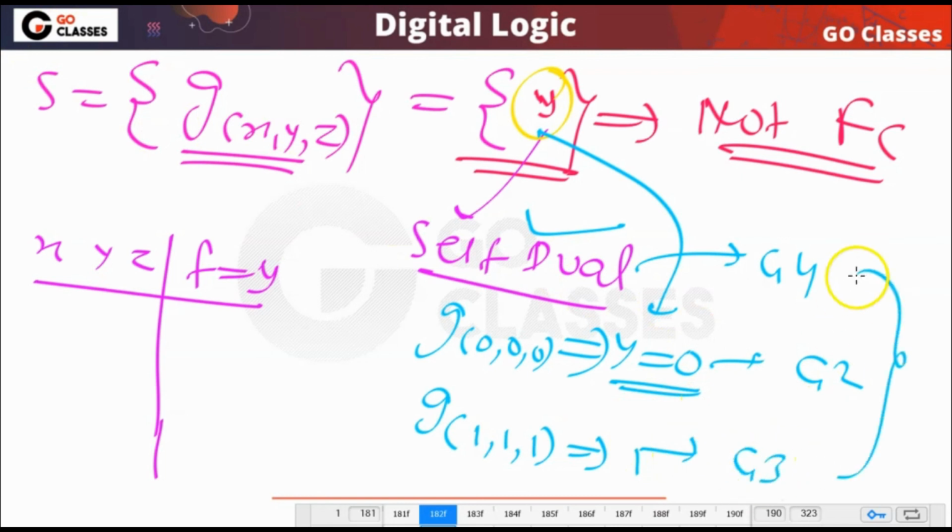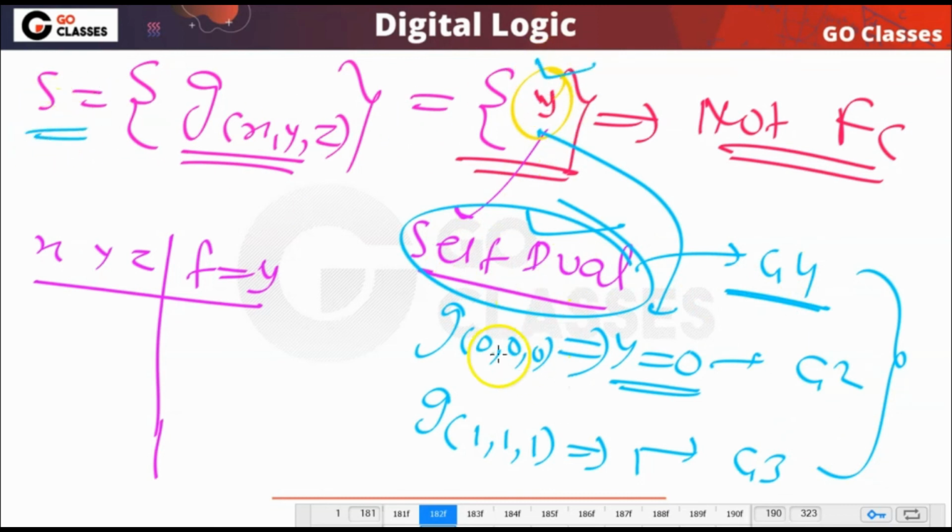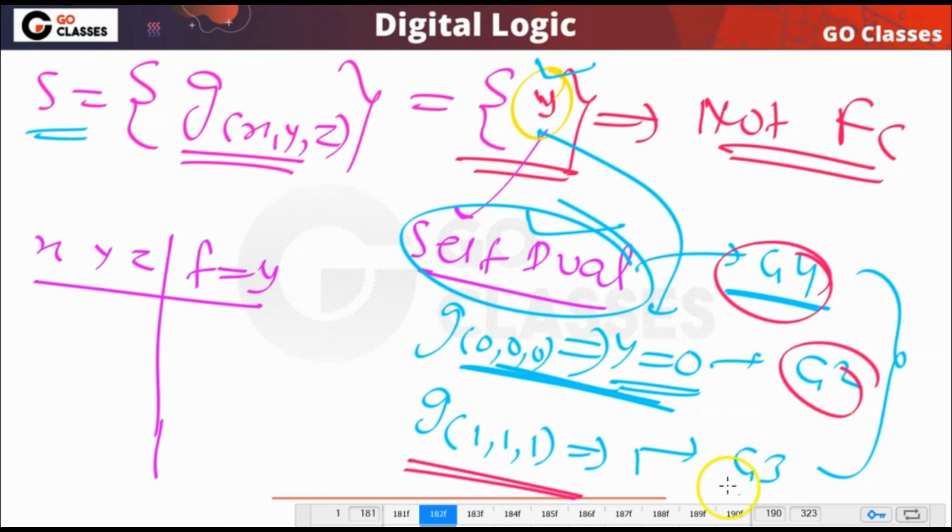These you can apply, and any one is enough. Because this is self dual, I can say this is not functionally complete. If you replace every variable with 0, you are getting 0, and if you replace every variable with 1, you are getting 1. So using any of them, I can say that this function g is definitely not functionally complete.